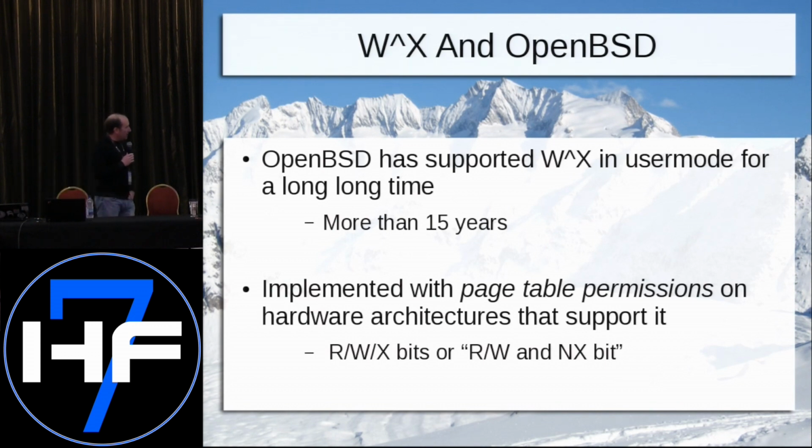So before this talk, I actually went back into the changelog in the OpenBSD source tree, and I tried to identify the first commit where W XOR X came into the tree, and I gave up after about 15 years. So it's been in the tree for a long, long time, in various forms. We actually started on a different hardware platform than what I'll talk about today to implement user mode W XOR X support. It was actually on the original SPARC. That's where we started, a long time ago. So the point I'm trying to make here is OpenBSD has a long history with W XOR X. It's been in the tree for a while, but the kernel has kind of lagged behind a little bit.